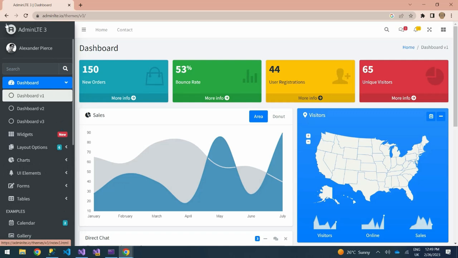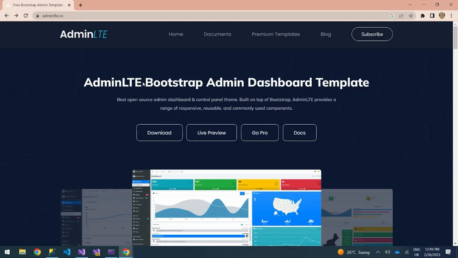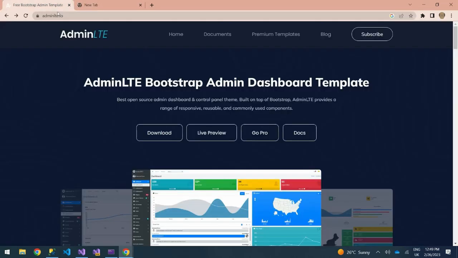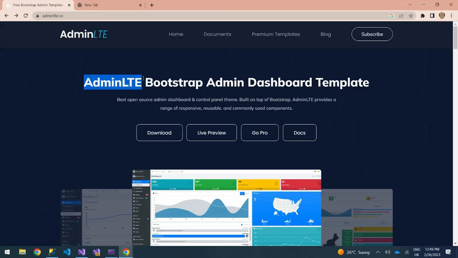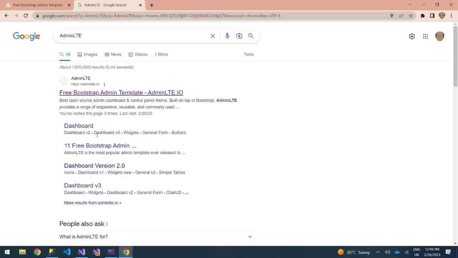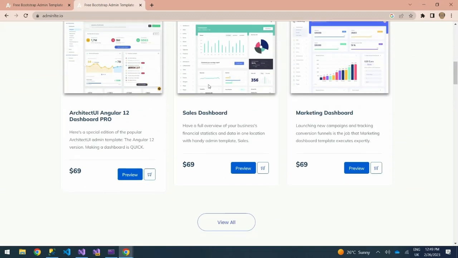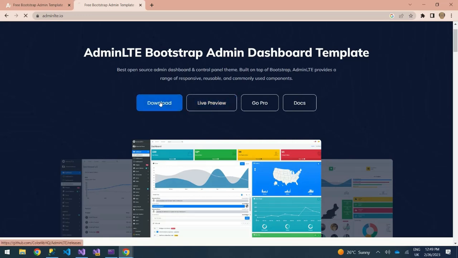The first thing first, we need to download this template. If you go back, you can see we have the preview link. For those who don't know how to get this, you just Google AdminLTE. Just type in AdminLTE. This is the correct definition. If you just enter, you're able to get this dashboard. Then you can click the link and you'll be able to see that section. So we are going to download these templates. If you click download,